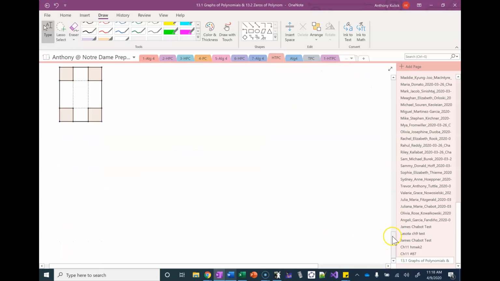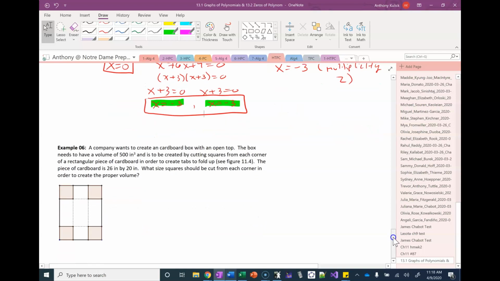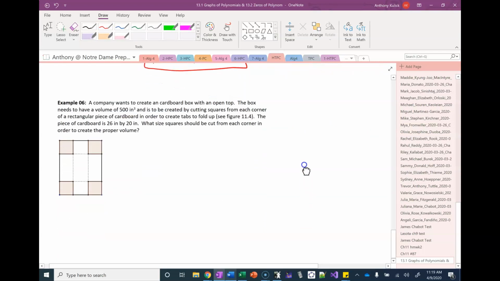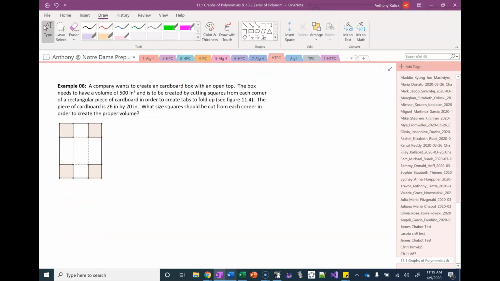Good. So our last example here says a company wants to create a cardboard box with an open top. So think about like the box that the copy paper comes on that has a lid. Imagine the bottom part without the lid. That's what we mean by open top. The box needs to have a volume of 500 cubic inches